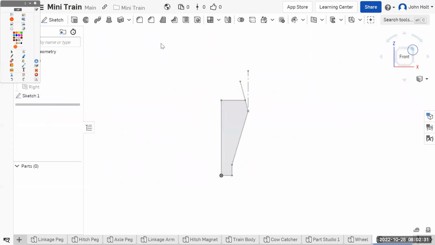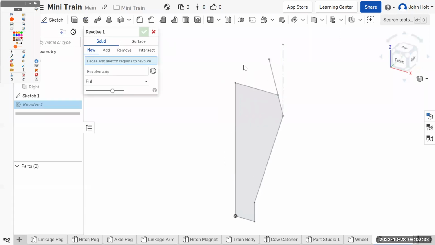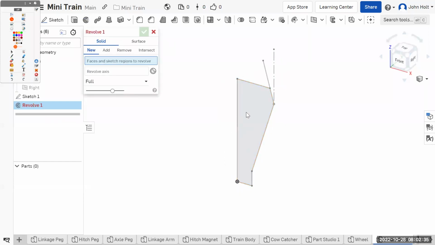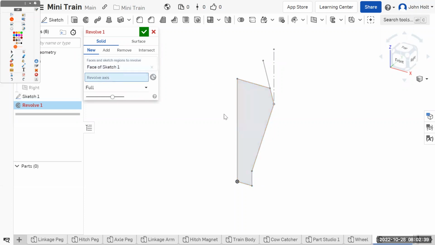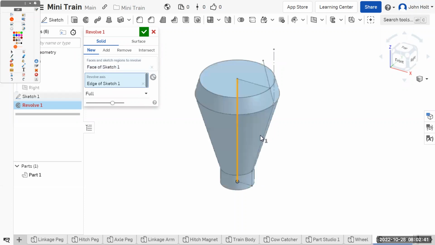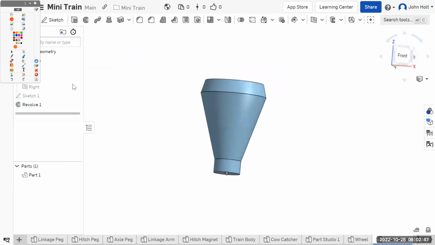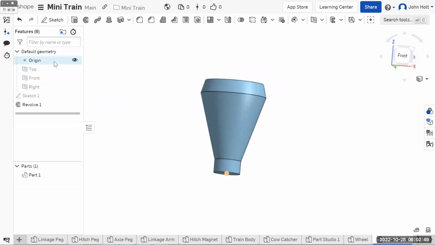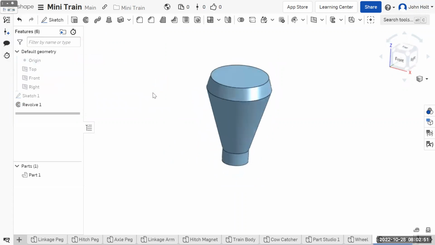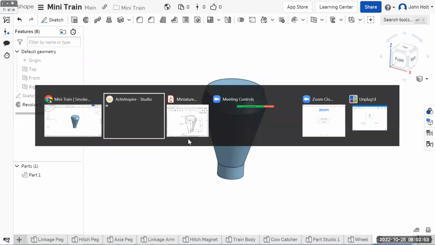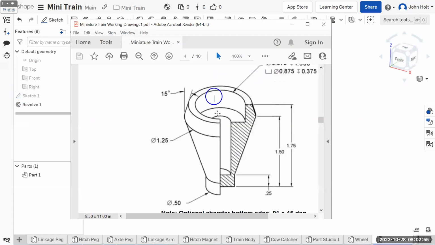And we'll look at it from a corner so we can see it. Revolve. What do we want to revolve? We want to revolve this shape, so we'll click in the middle. Then we need to tell it the axis that we want, which is this one. And there is the main portion of it. And we can turn off the visibility of the origin point at this point. Okay, the only other two features are